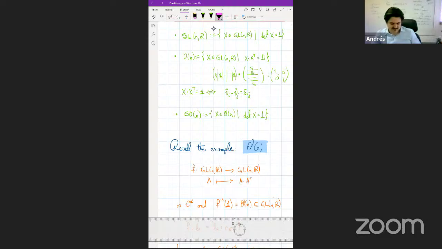Hence, this subset is a closed subset of GL. It's closed in GL, or also in the set of n by n matrices, because GL is open there. So the group of orthogonal matrices is a closed set. And it is not connected